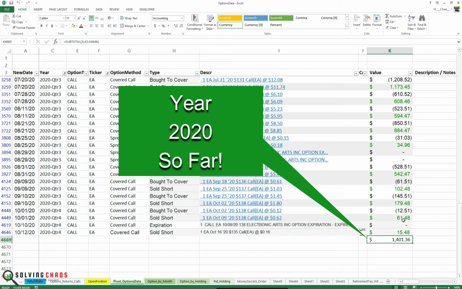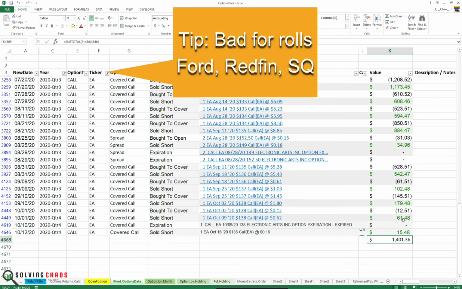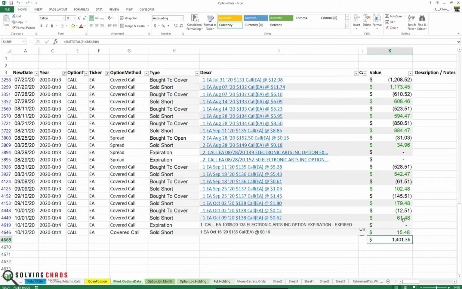Now, I want to explain something. Can you roll on all underlyings? Of course you can, but not all underlyings when you roll will collect a net credit. And some stocks just don't behave really well. You actually get a net debit to do this. So you've got to test it on the underlyings that you have and see which one works really good for rolling. Because what it tells you is, even in a covered call strategy, if you pick the wrong strike price,